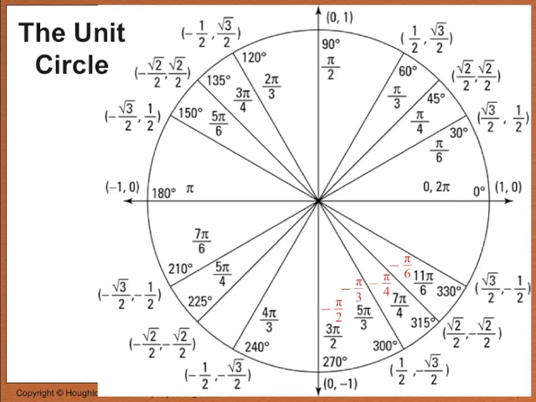Your memorizing consists of two basic areas. This is one of them, the unit circle. The unit circle is about half of what you need to memorize for trig. The other half is trig identities, which we're going to get to in Chapter 5, being able to know and manipulate trig identities. Both trig identities and the unit circle are fundamental for calculus. So you need to memorize both of them for the sake of this class and for the sake of next year's class. Don't worry about trig identities for now, but for now, definitely make sure that you master the unit